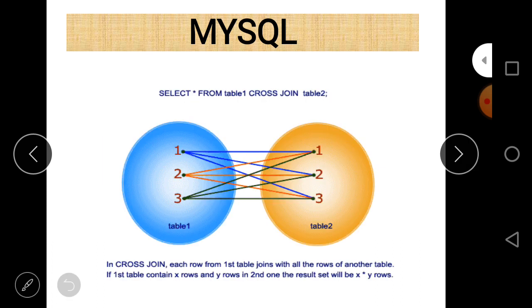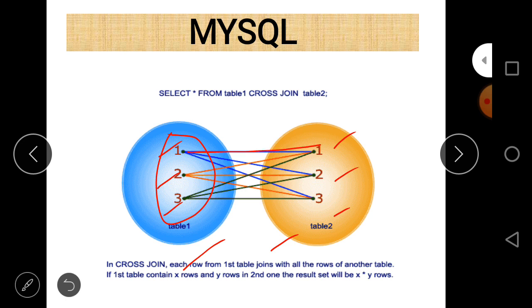And now let us talk about what a Cartesian product of two tables is. Suppose this is table 1 and this is table 2, and in table 1 there are three records 1, 2, 3, and again in table 2 there are three records 1, 2, 3. For table 1, there is a connection from each row of table 1 to every row of table 2.